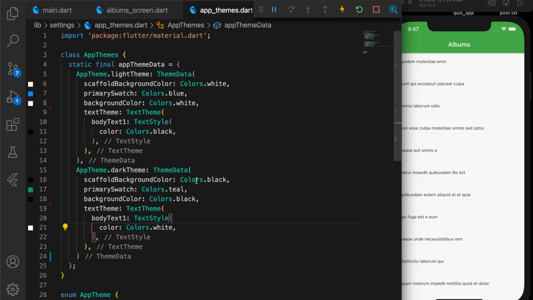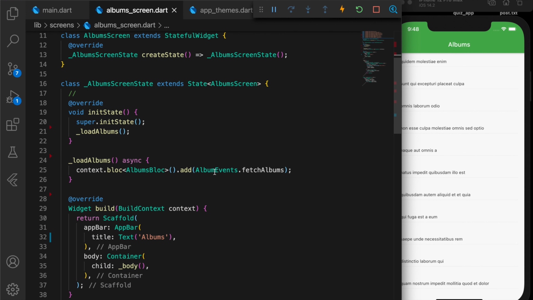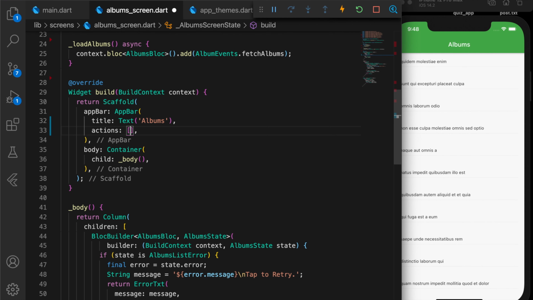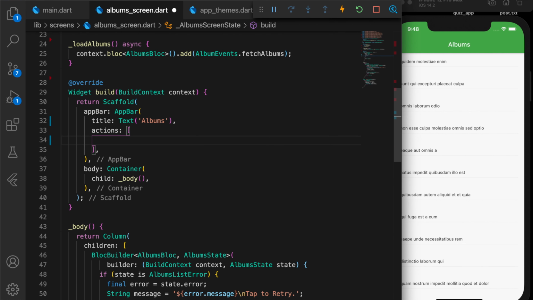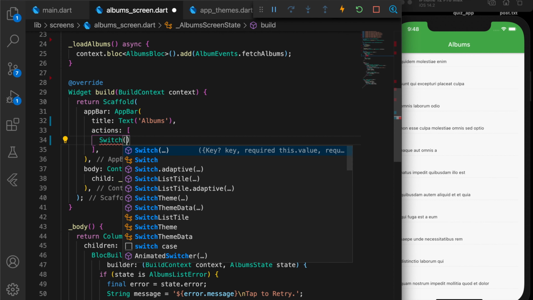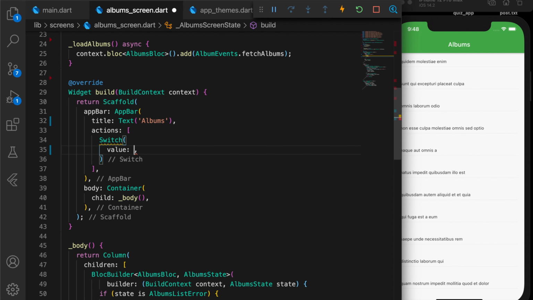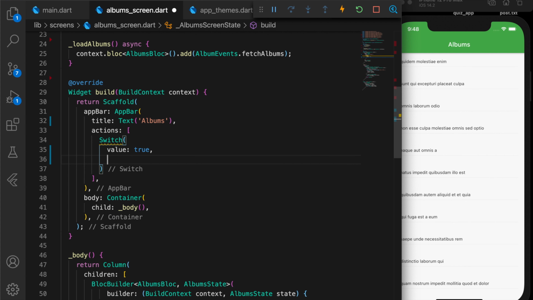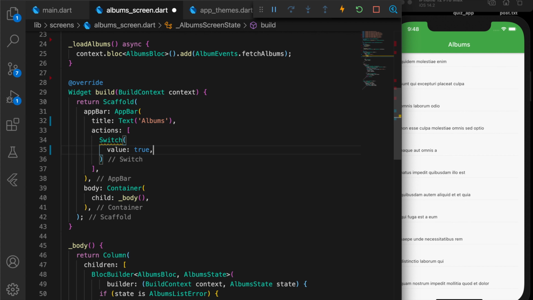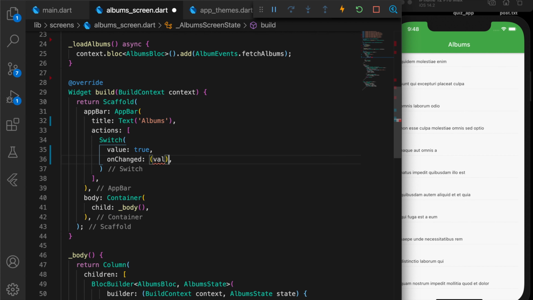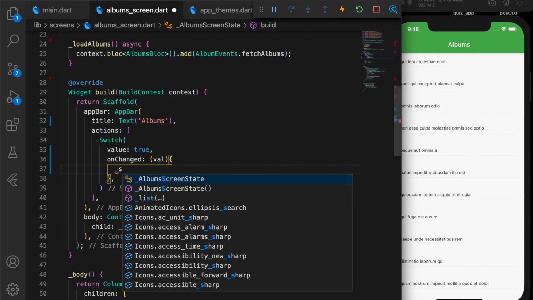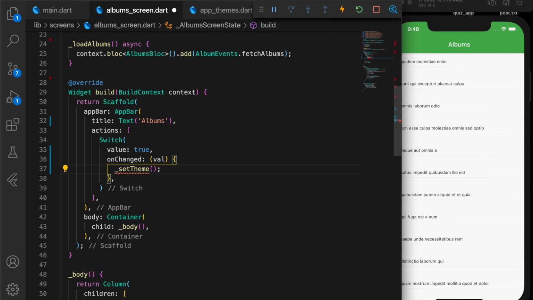All right, now let's go to our screen, which is the album screen, and I'm going to add a switch in the app bar to toggle between the dark and light themes. You can have as many themes as you want. You can define more themes. For simplicity, I'm just keeping it as a dark and a light theme. So when the switch value is changed, we're going to call a new method,